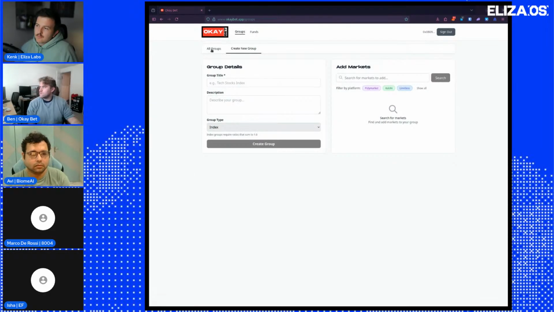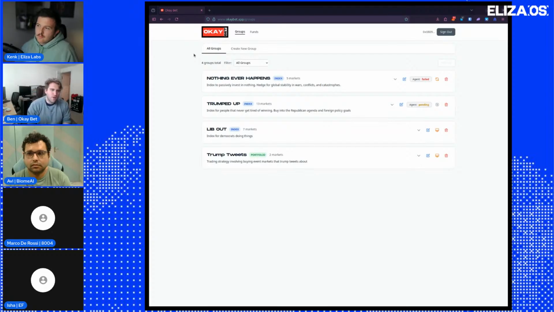To dig deeper, we have groups, which would be specifically indexing. That would be you selecting the markets to add, and deploying that index along with the smart contract and the agent. The agent you could think of as the execution. The smart contract is like the terms of the vault, the 8004 registry of being discovered, and basically the index could be human managed by a reputable third party, or it could be agentically managed down the road, and that would be something you update as time goes on and these trends continue.